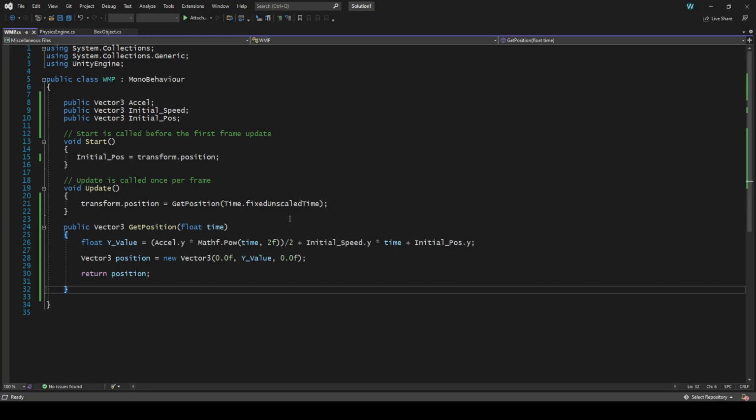And it makes it so much easier because this way you don't have to copy paste this get position, float time, float y value, and so on, into your code each time you make a new piece of code. No, that's such a pain. Nobody would like that. So what you do is you go back to Unity,